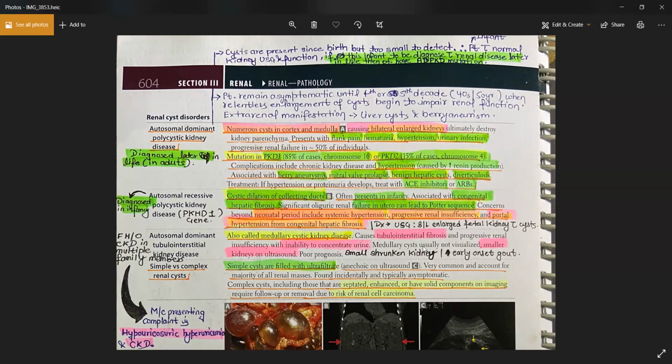Medullary cysts are not usually visualized. When you do an MRI or CT of the patient, you only find a shrunken kidney. Bilaterally small shrunken kidneys will be seen, and no cyst will be identified. On gross examination of the patient's kidneys, you will visualize the cysts. So normally cysts are not seen on CT or MRI; you will find only the shrunken kidneys bilaterally. Once you remove the kidneys and examine them, you will find the cysts present in the medulla part.